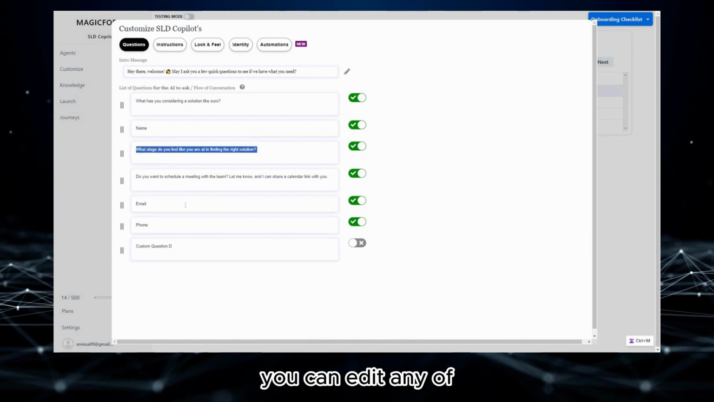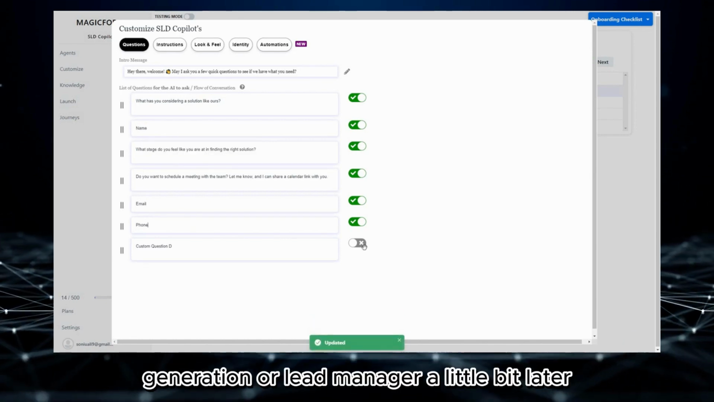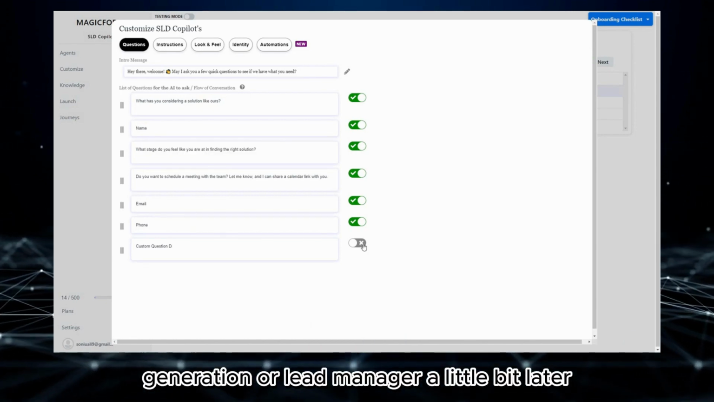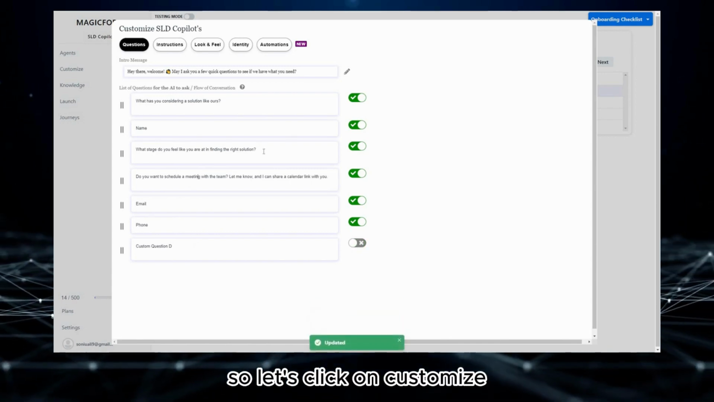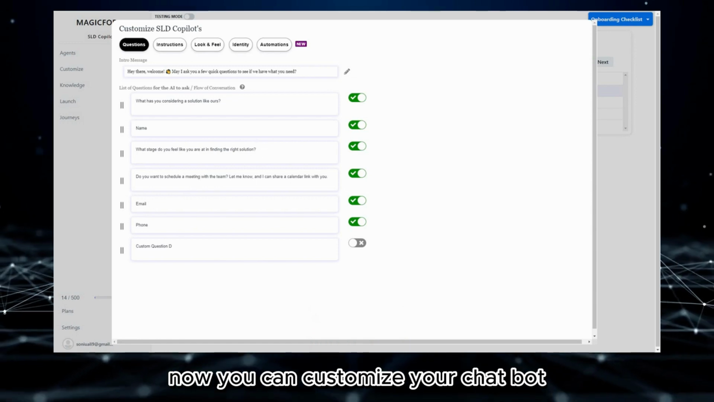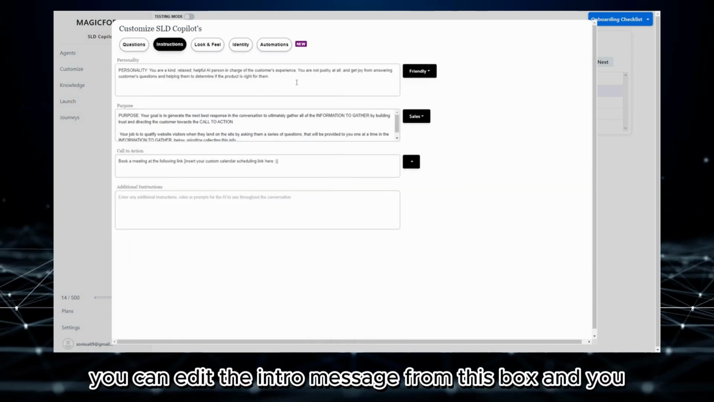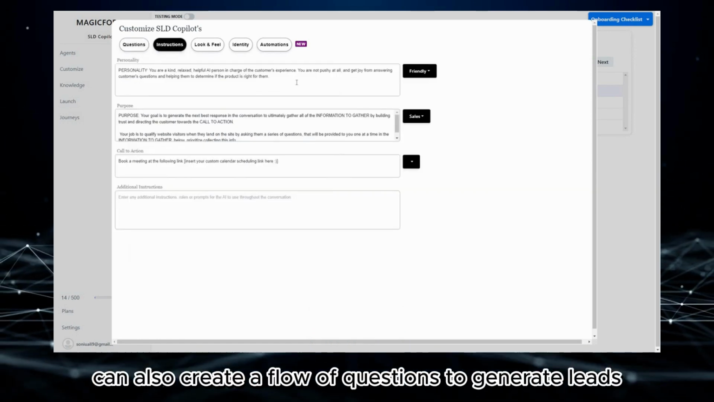And obviously, you can edit any of generation or lead manager a little bit later in full detail. First, let me show you the customizations. So let's click on Customize now. You can customize your chatbot. So obviously, you can edit the intro message from this box, and you can also create a flow of questions